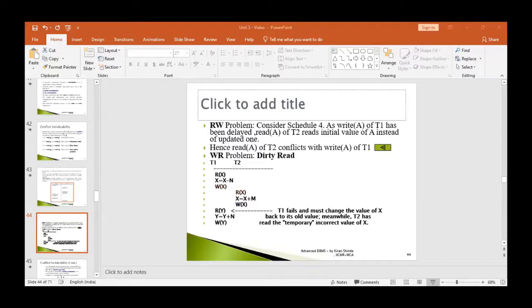Now let us check what result we get. The first instruction is read X. When we check these instructions, we traverse from top to bottom, and while traversing, you check the instruction of one transaction against another transaction's instructions.